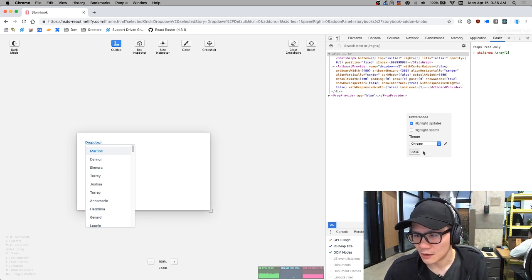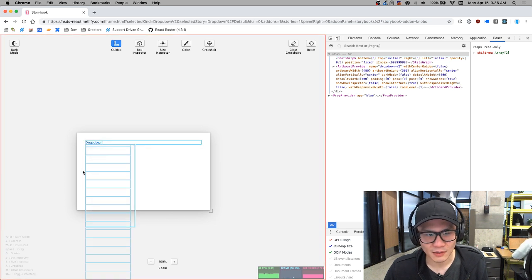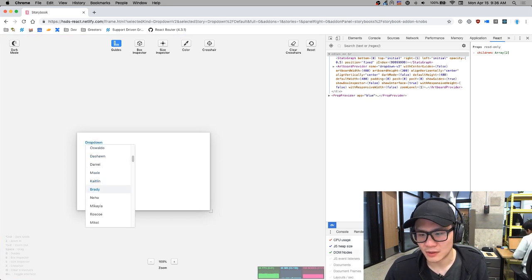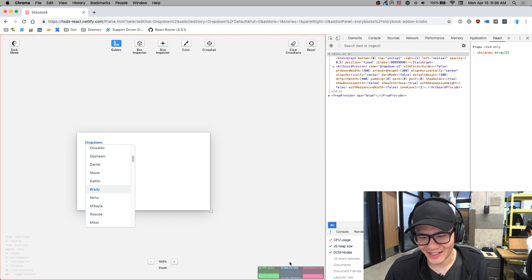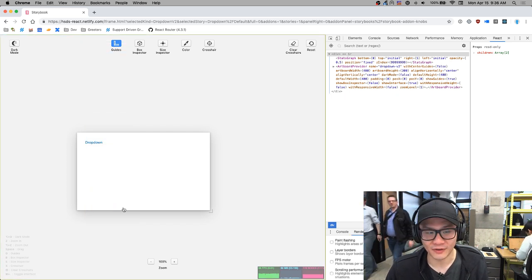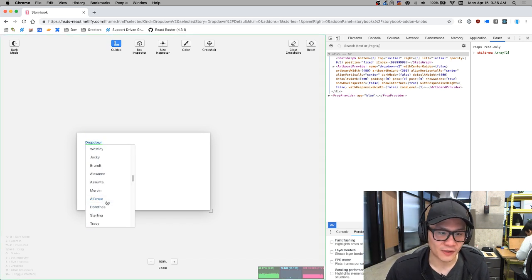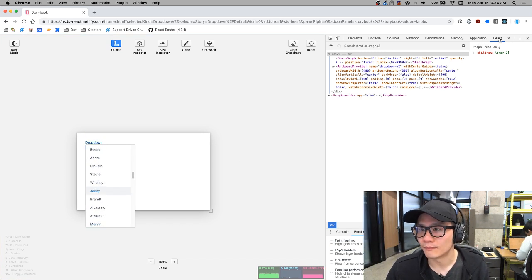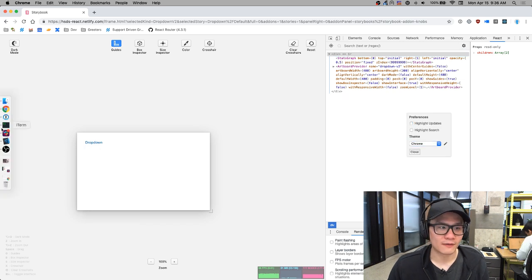I believe it is. But yeah, there are a lot of items to scrub through, and I have this guy also takes up some memory to run and so on. But overall it performed very well. We don't see a lot of render flashes happening. I'm going to close this now. So all of that